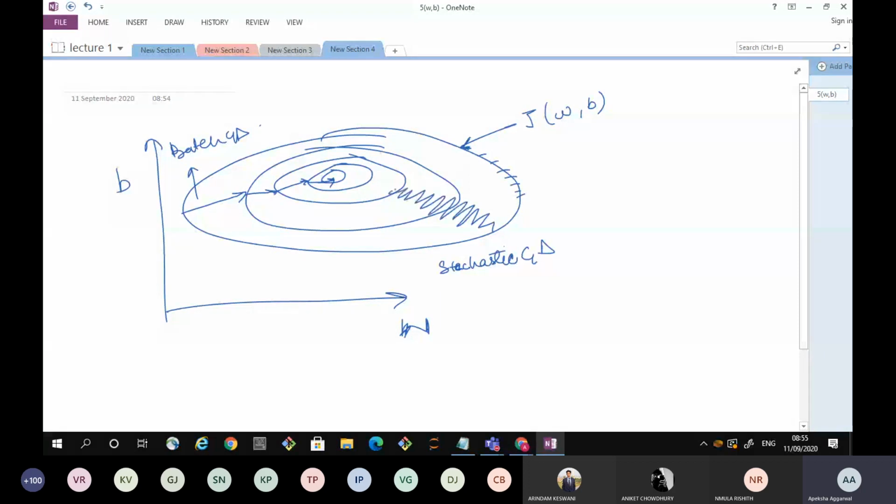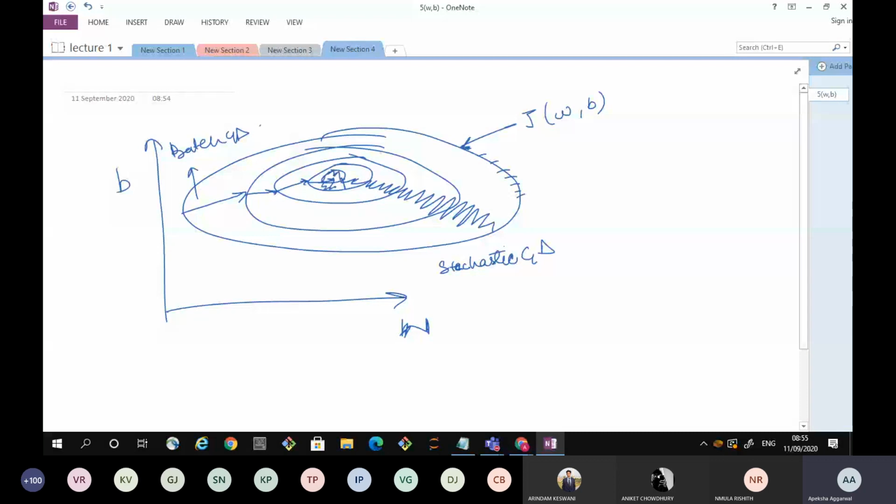There are so many oscillations. Why? Because each and every training example gives different values. One training example will behave differently, and another training example will behave differently. So this is why stochastic gradient descent generally doesn't reach the optima.